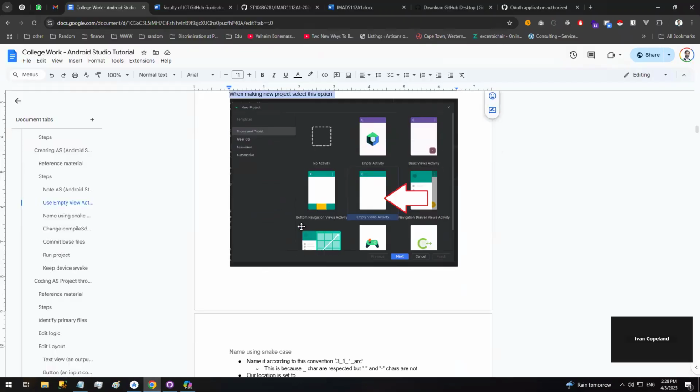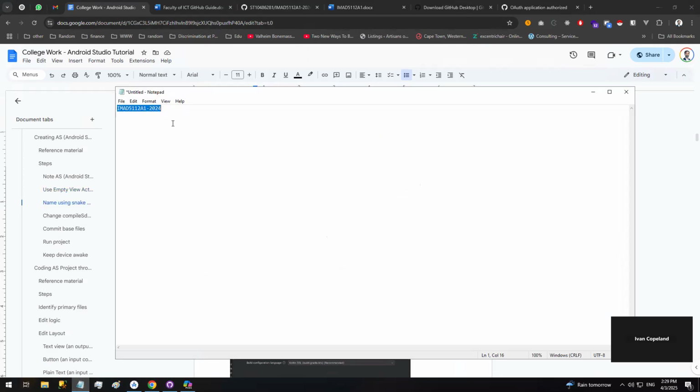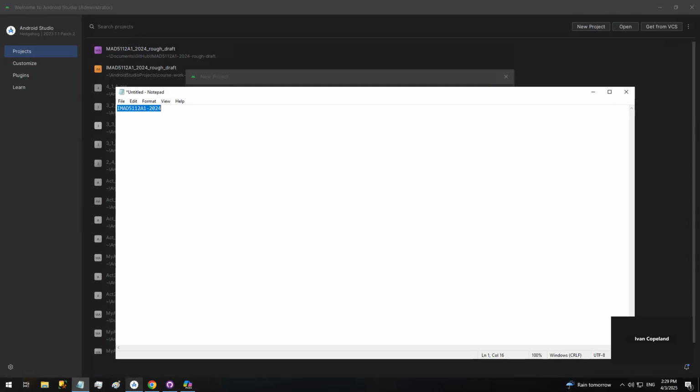Now let's go back to this. When we name our project, we're going to use underscores. I chose to use underscores because other separators like full stop, dash, and space aren't really respected. For some reason, somehow I can't tell you off the top of my head. But anyway, I'm going to be using underscores to separate them. So I'm going to take the same name here to be my project name, but instead of using a dash to separate these words, I'm going to use an underscore. Next up